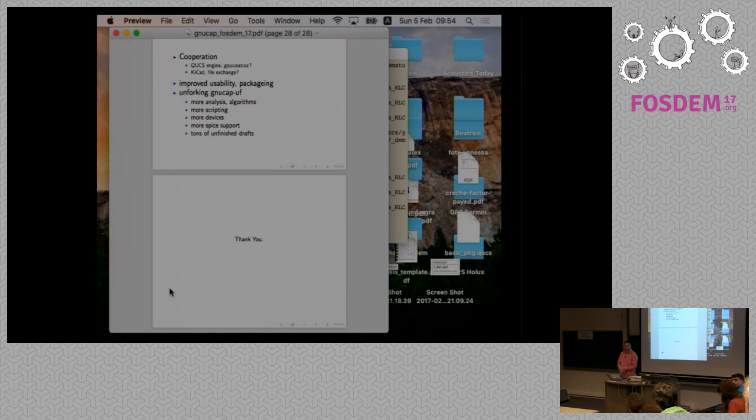As a student, my main question is, why would I invest time in learning QUCS instead of spending time on just standard SPICE? What does QUCS offer me that SPICE will not? So the question is, why invest time in QUCS instead of using SPICE? Note that SPICE is the engine, right? So there is a divide between the schematic entry and the engine, right? So, if you want to really,